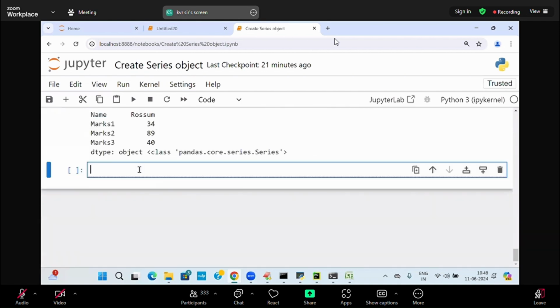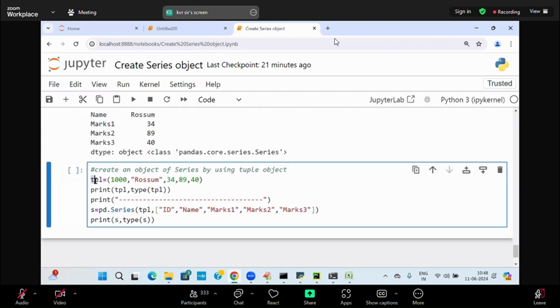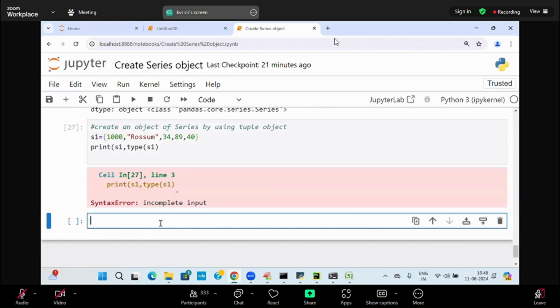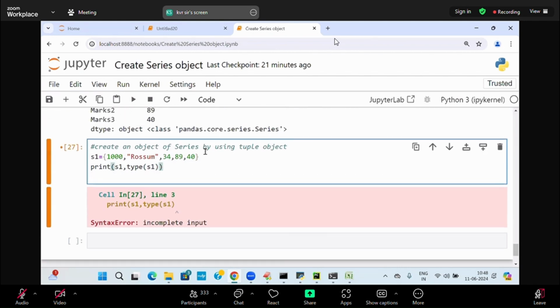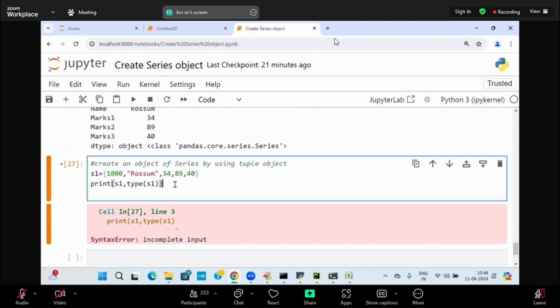Yes. Come on to the point of it. Now I'm going to take set like this: S1 is equal to a set. Now I'm going to print S comma type of S1. Don't worry, set. Close the bracket. And you already know that whatever data I'm keeping in the set will not come